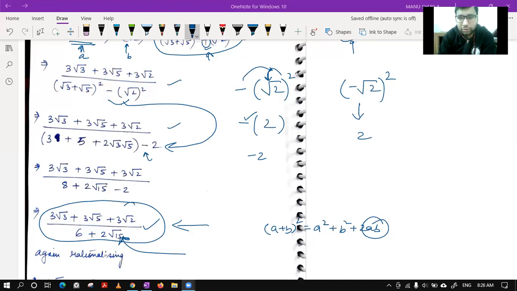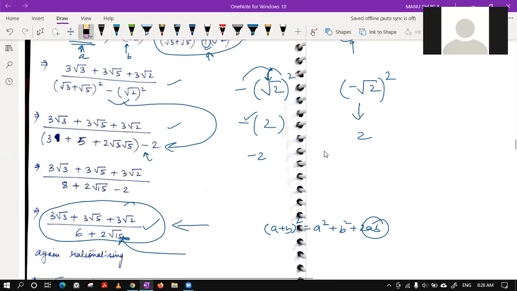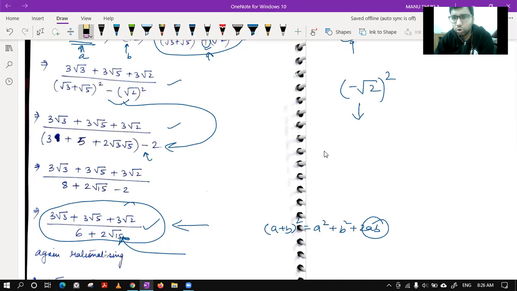I guess we will need one more class to solve this complete assignment. Vaishnav, unmute yourself. Yes, sir. Yes, beta. Sir, I was saying that minus root 2 and minus root 2 square would be positive. Okay. Again, I'm telling you step by step. Don't mute yourself. Wait for a while.